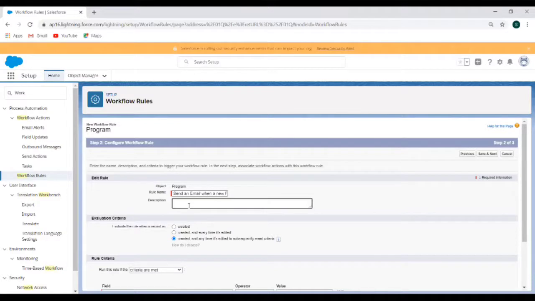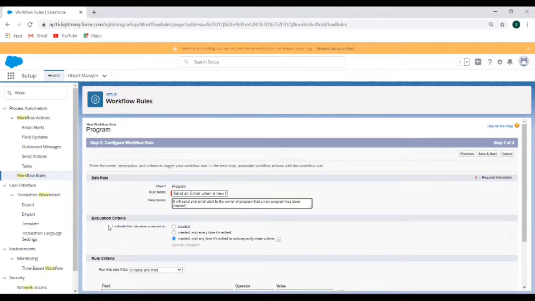So this would be our rule name, and we'll give a description. It will send an email alert to the owner of the program that a new program has been created.